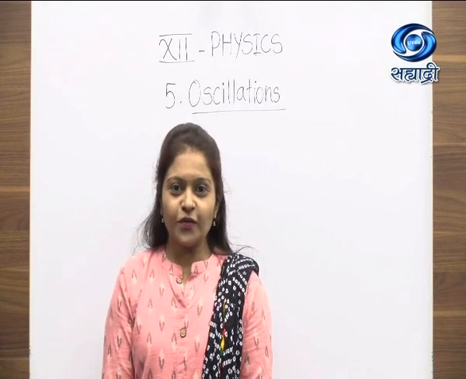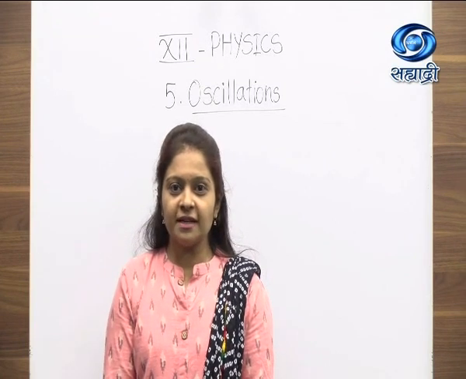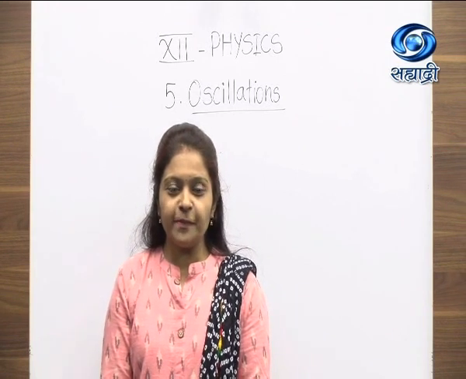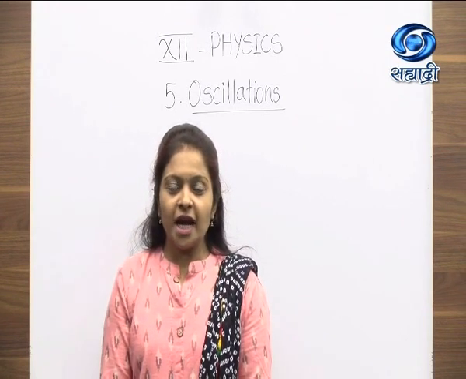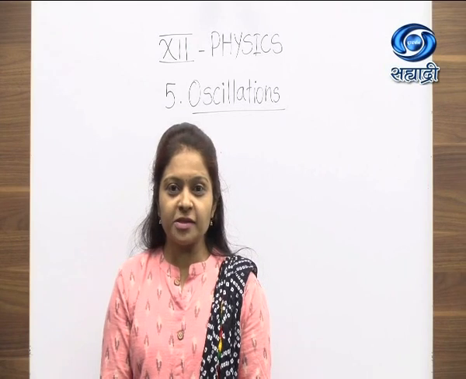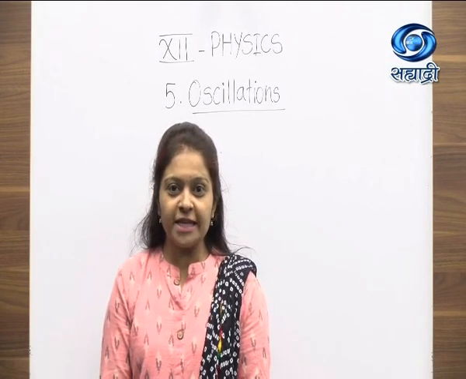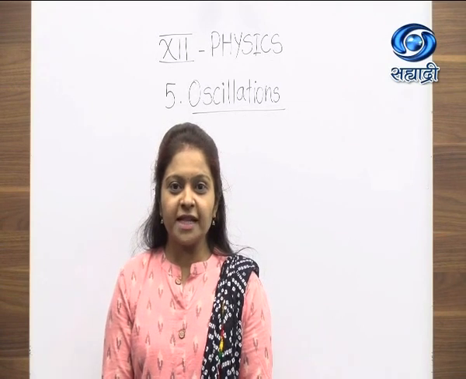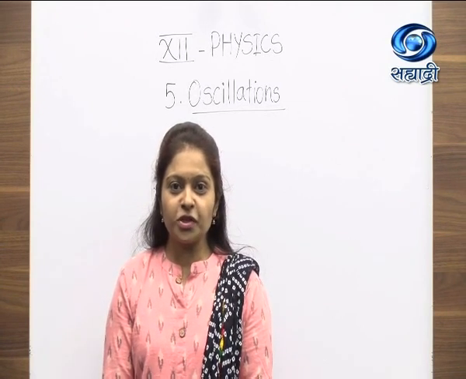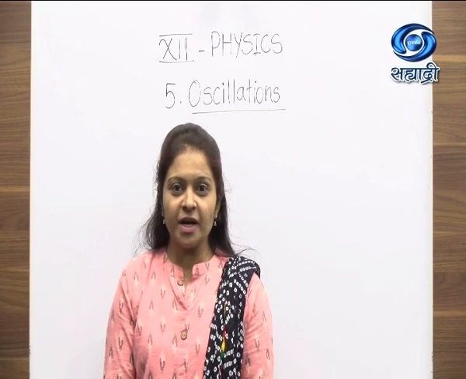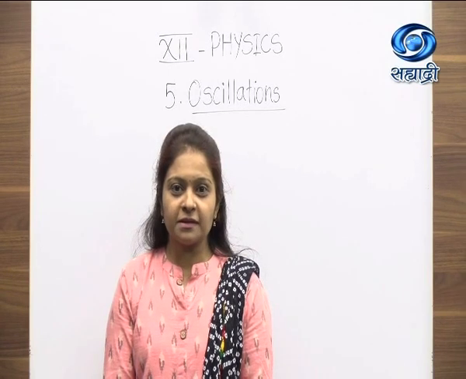In this session on oscillations, we studied the phase of SHM, which is represented by omega t plus phi, then how the phase can be explained for various positions of the particle performing linear SHM. After that, we discussed the composition of two linear SHMs of the same periodic time taking place along the same path.